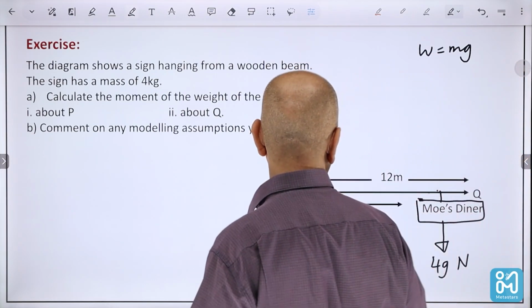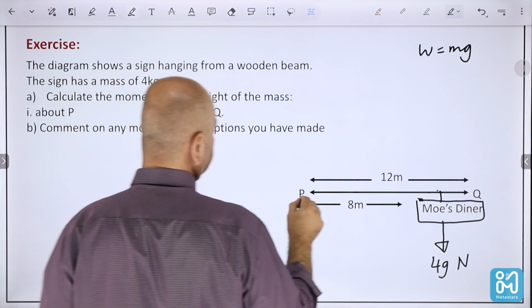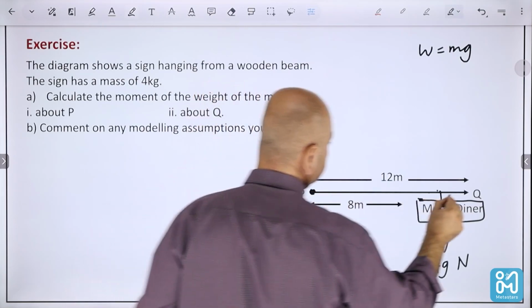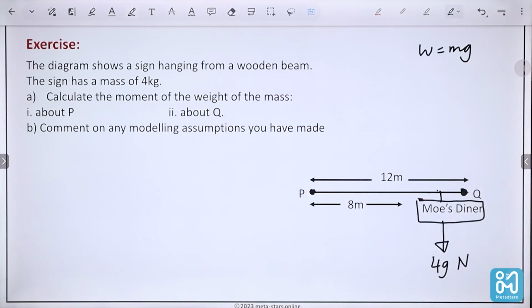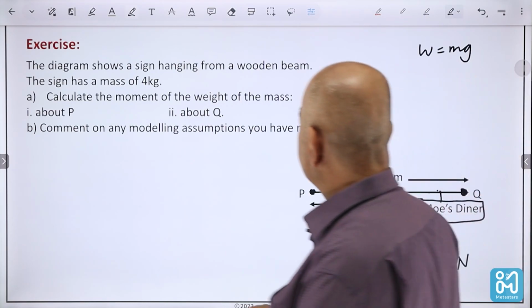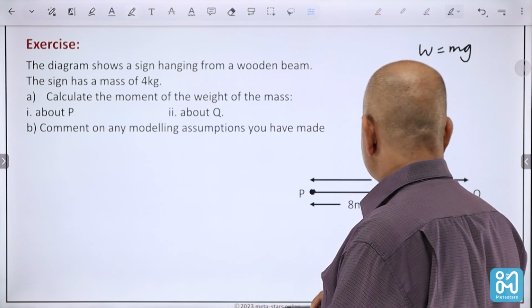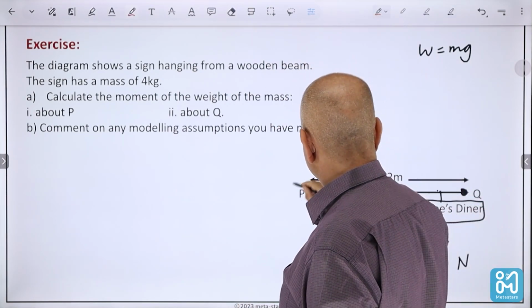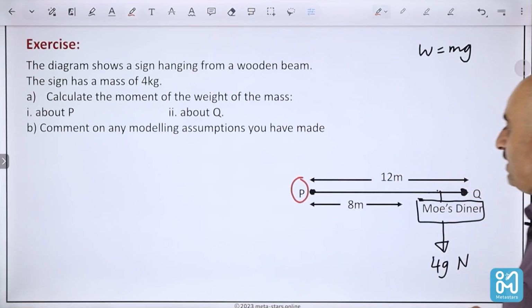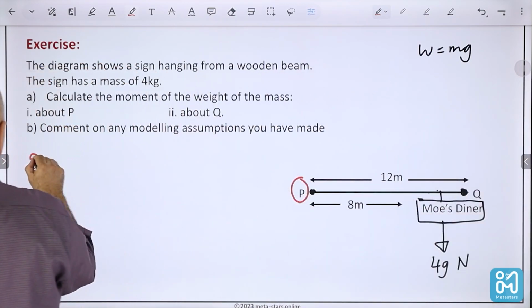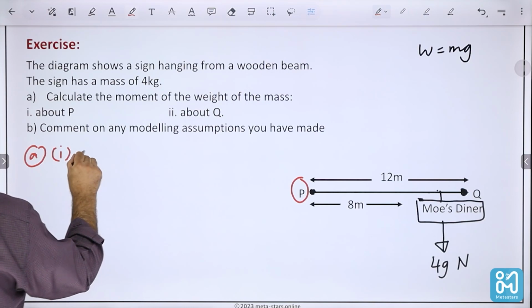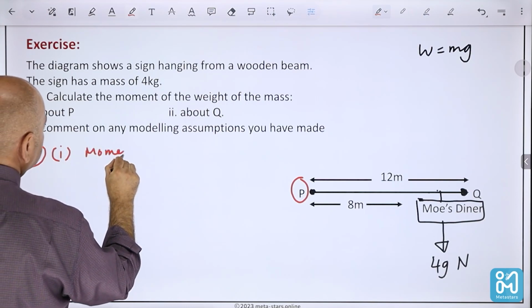Okay, beam PQ. That is the beam PQ. And the sign is exerting a force of 4g newtons. Calculate the moment of the weight about P. That means you're going to take P as your pivot. So for part A, I, moment equals